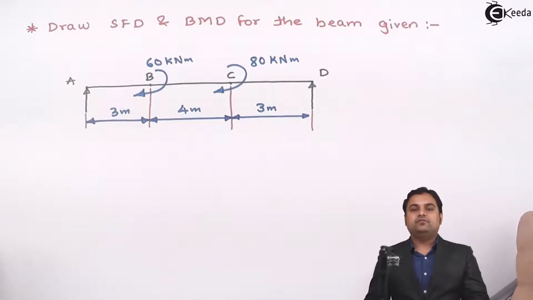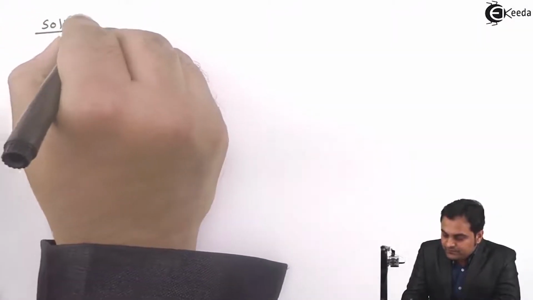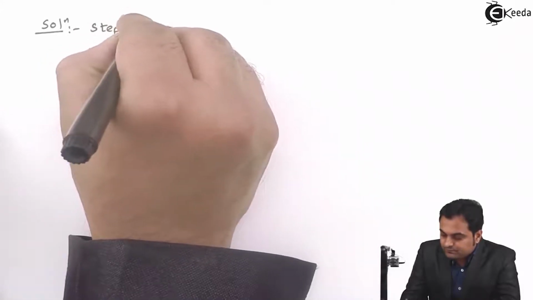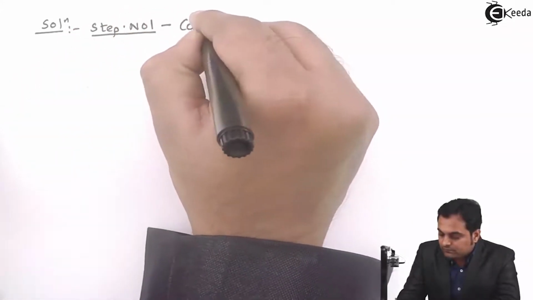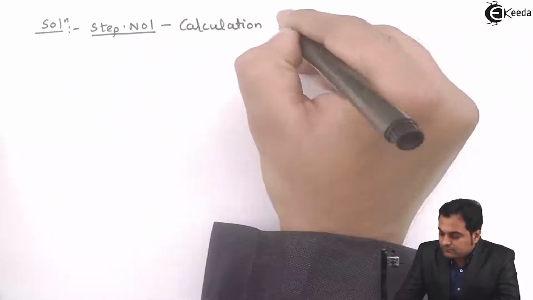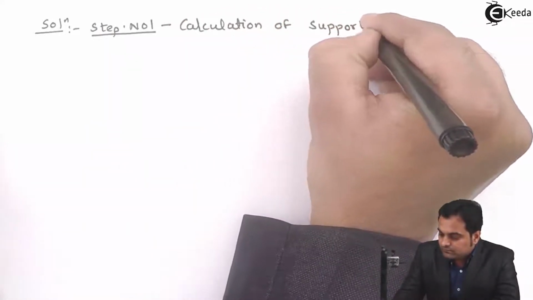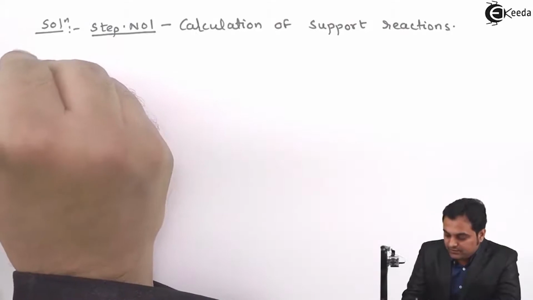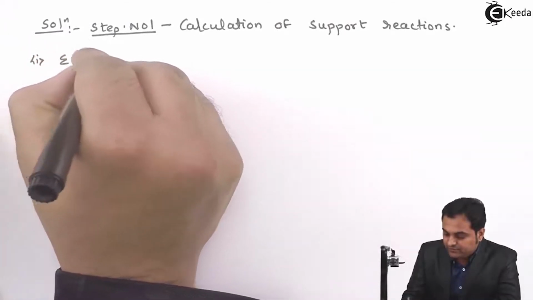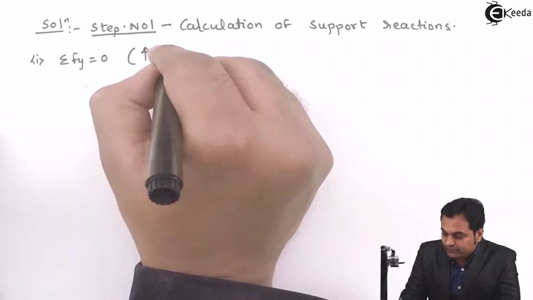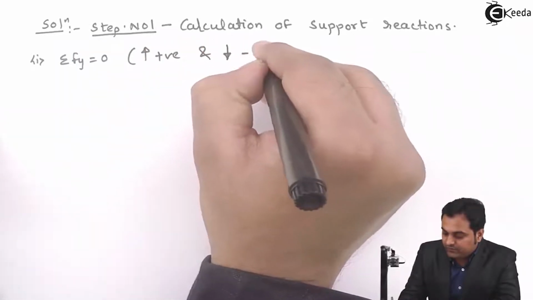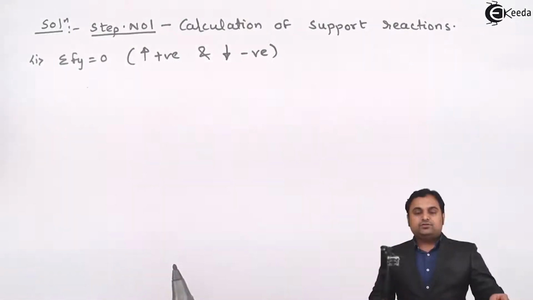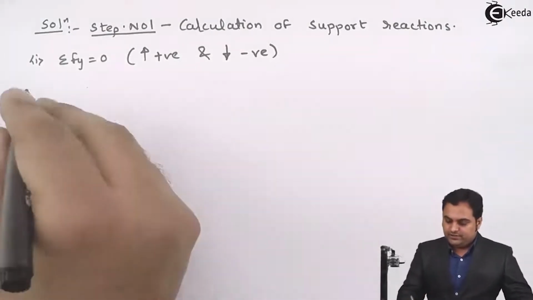The first step would be calculation of support reactions. Solution. Step number 1: calculation of support reactions. Here, I use the first condition of equilibrium: summation of Fy is equal to 0, where upward forces are positive and downward forces are negative. Here, there is no need of summation of Fx because no horizontal forces are there. So, therefore,